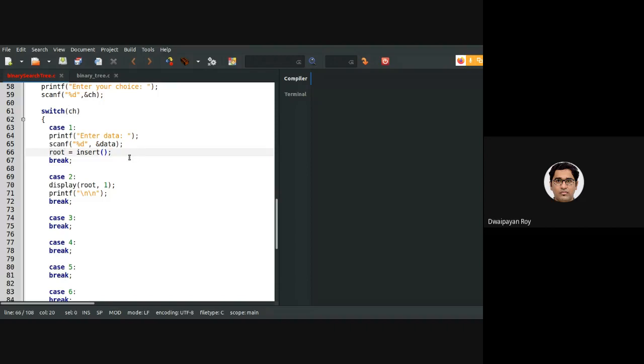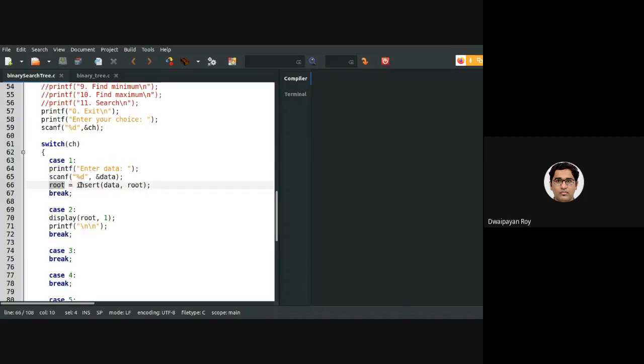This insert function should be taking two parameters as we have discussed: int new data, and the BT node root. Note that I am passing the same root and taking the same root as output. I hope it is clear.